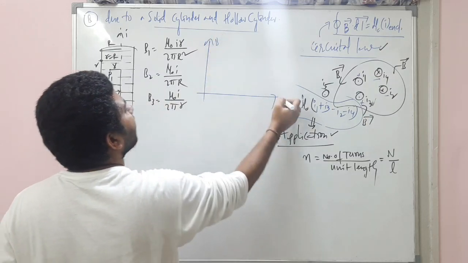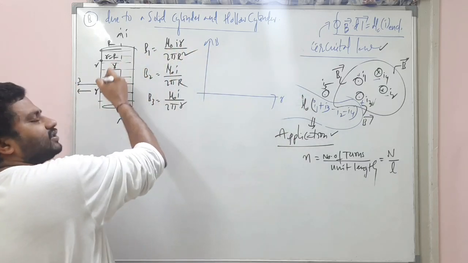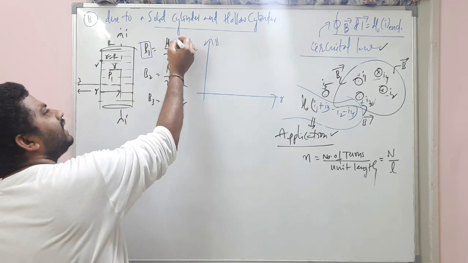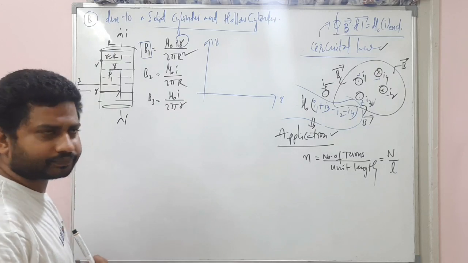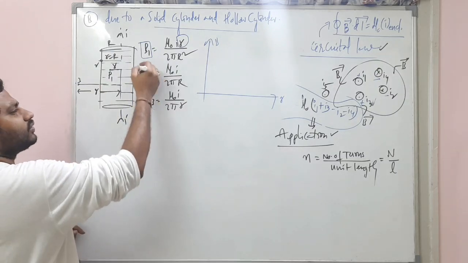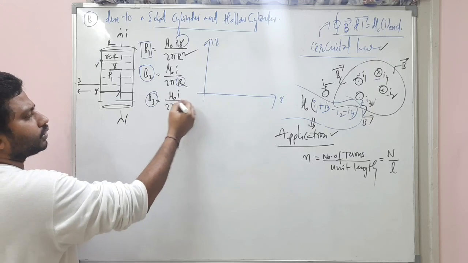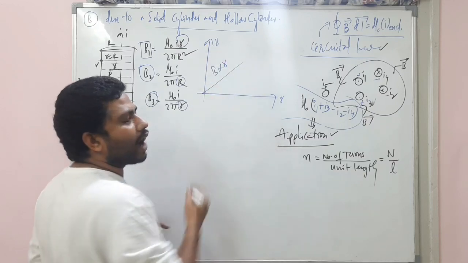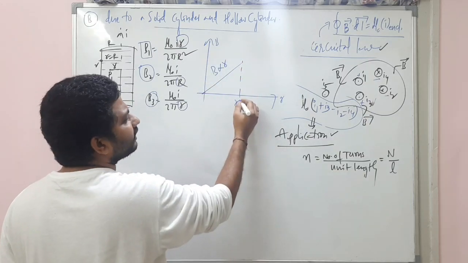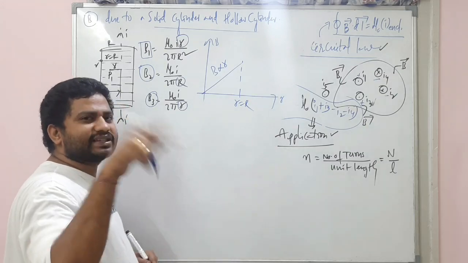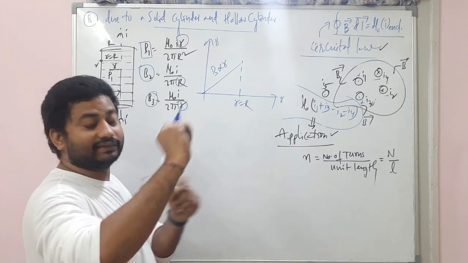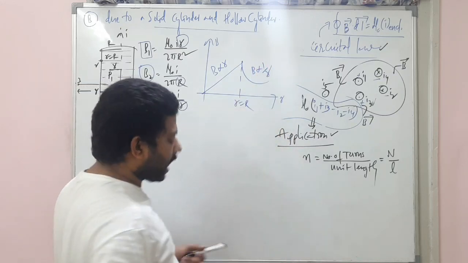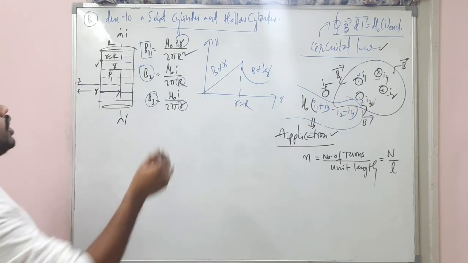So this is B and this is R. Within the solid cylinder, what is the relation between the magnetic field and R? B is directly proportional to R. And on the surface and outside, B is inversely proportional to R. And how can you write this now? B is directly proportional to R till we reach the R value equal to the surface distance, the radius. From here it is decreasing. So B is inversely proportional to R. Very important for the solid cylinder.